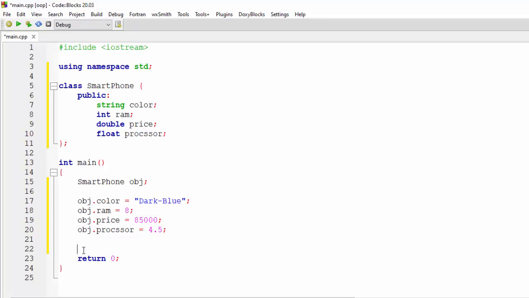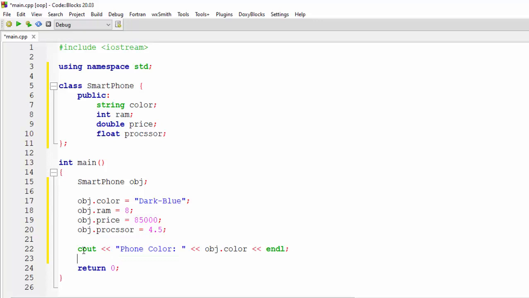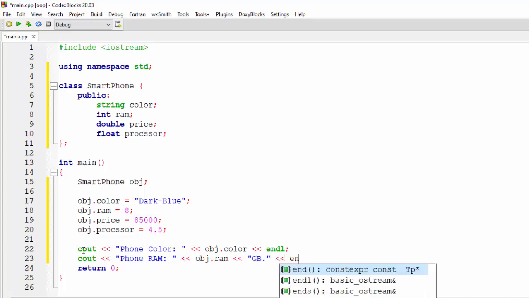Now you can also print these values. Let's say we want to print, so we will say phone color, and here we will say obj dot color and endline. After that we will print the phone RAM. So we will say phone RAM is obj dot RAM, and here I will say GB, it stands for gigabytes.